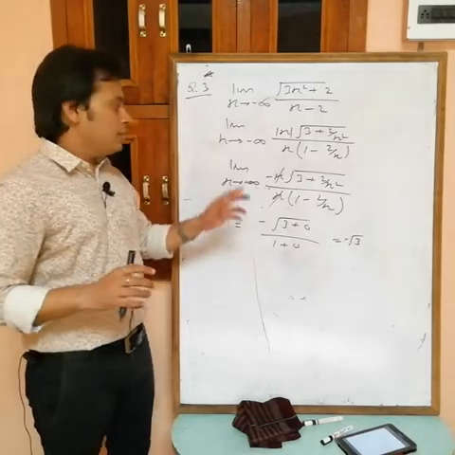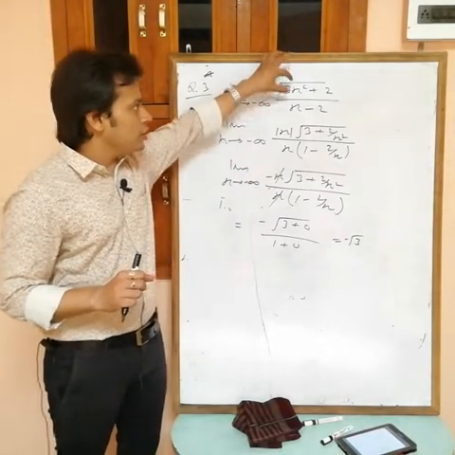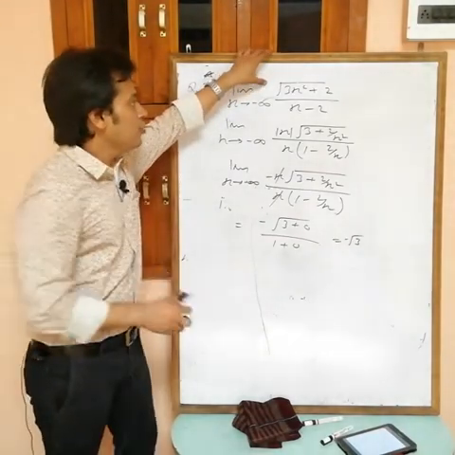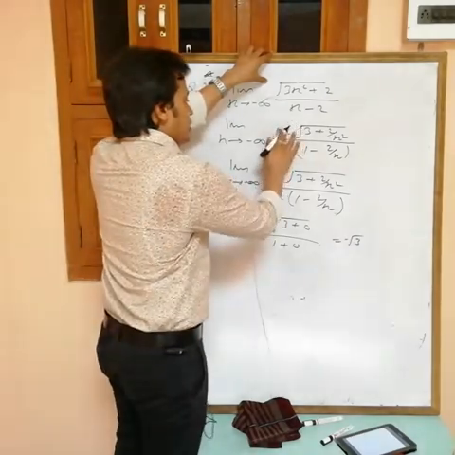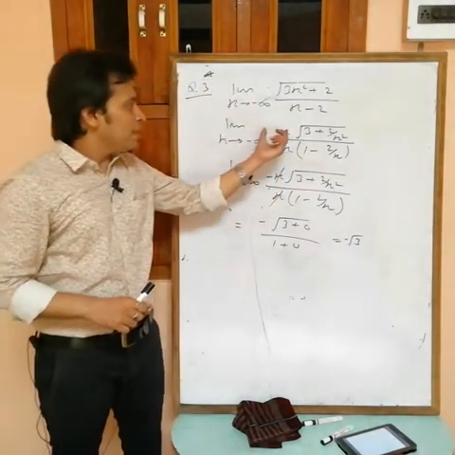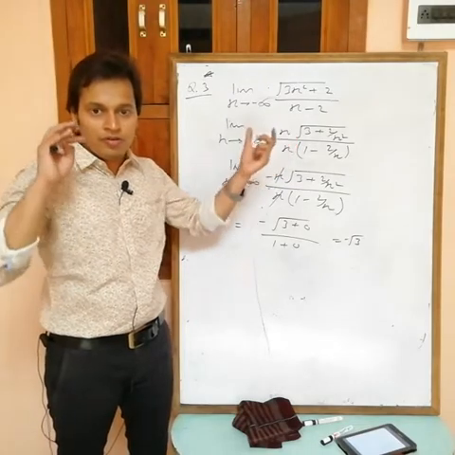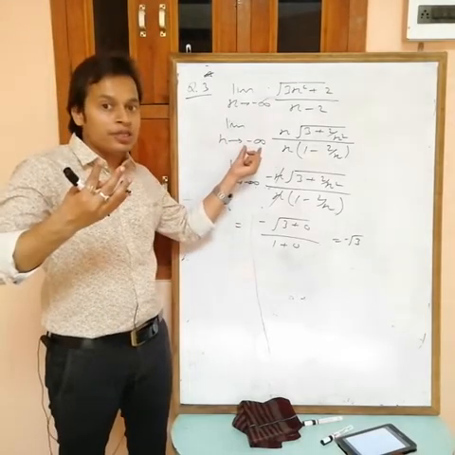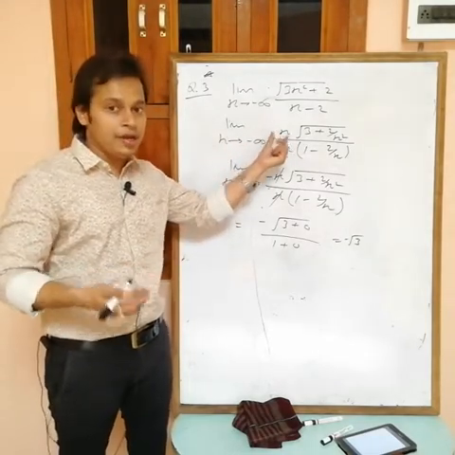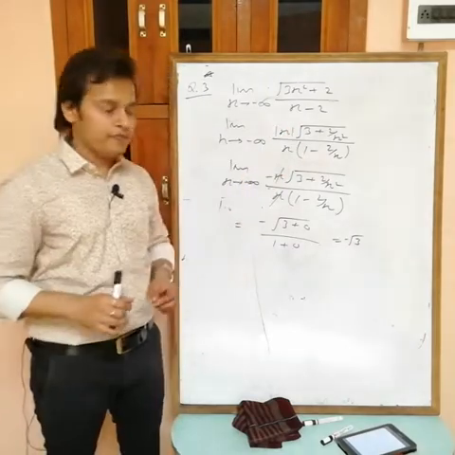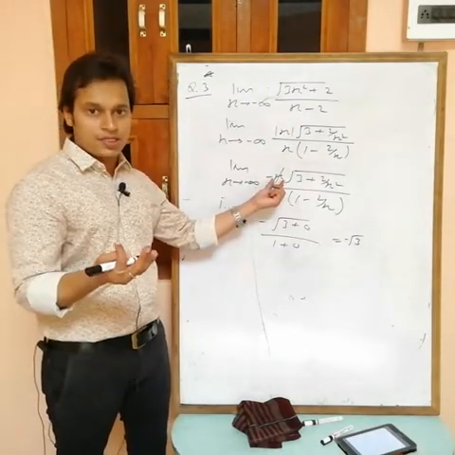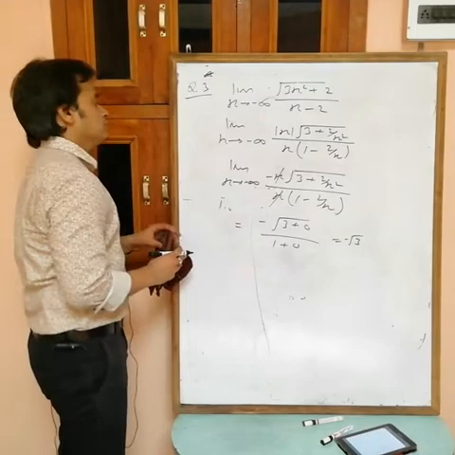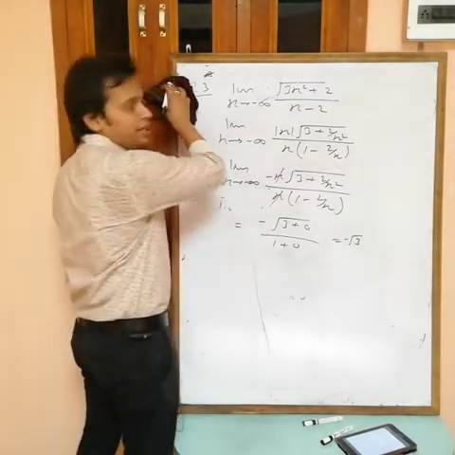That is wrong. If x is tending to minus infinity, and you take x square outside the root, then it is not equal to x, it is equal to minus x. If you write only x, it is not possible, because you get root of x square, and if you write x, that is negative since x is minus infinity, but the value of a root can't be negative. So minus x is positive, because x is negative, and negative into minus is positive. Write this down and remember it.